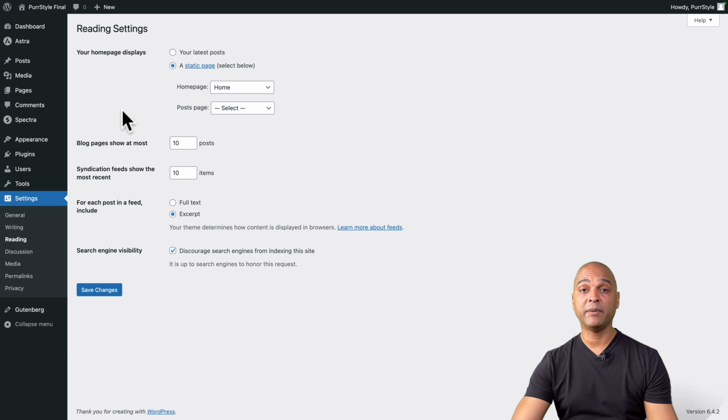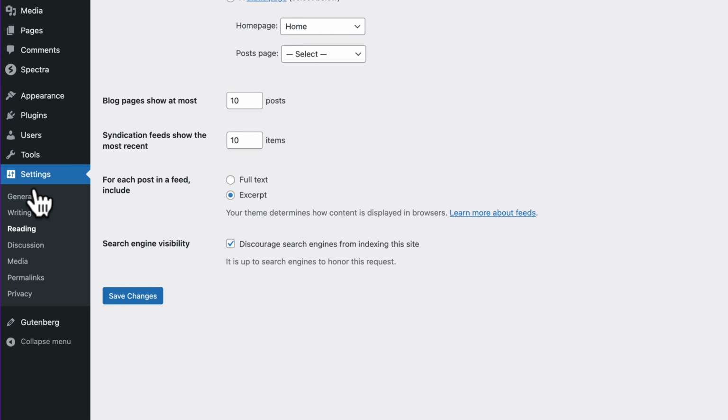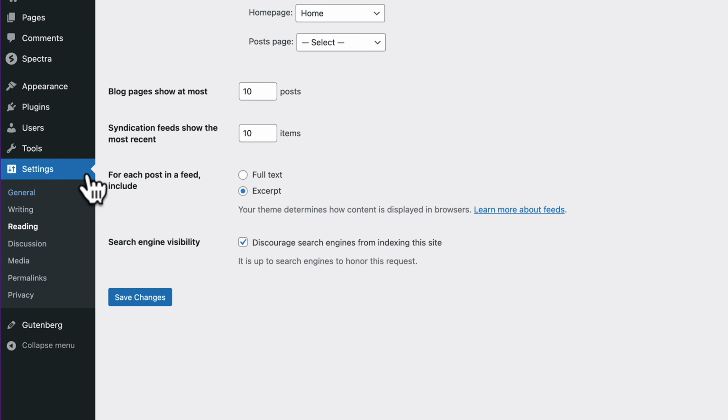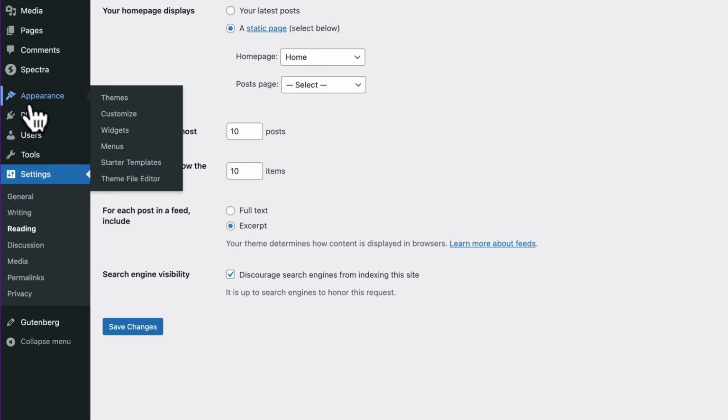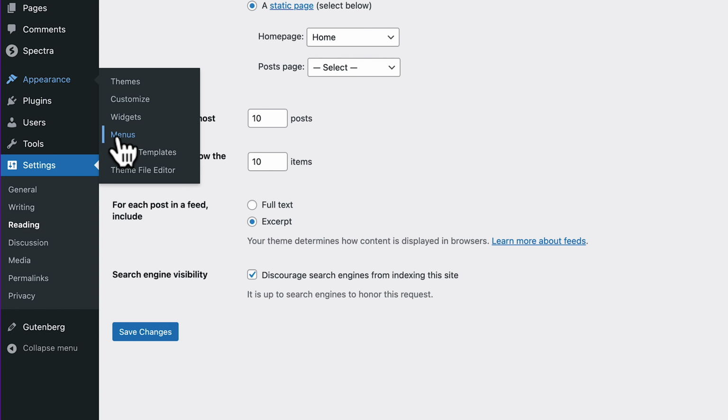So once you created and publish your homepage, there's a couple of things you want to change. So first of all, you want to go to settings, reading, and then where it says your homepage displays, you want to select a static page, and where it says homepage, in the drop-down, select the page you want as your homepage. Then click on Save Changes, and next you want to go to Appearance, Menus, and then you want